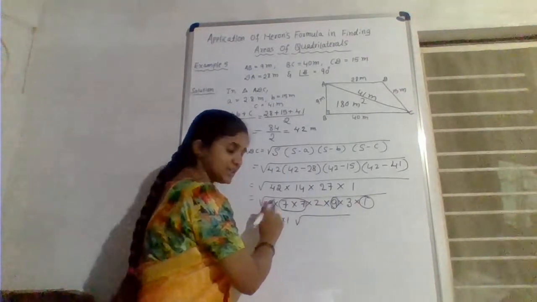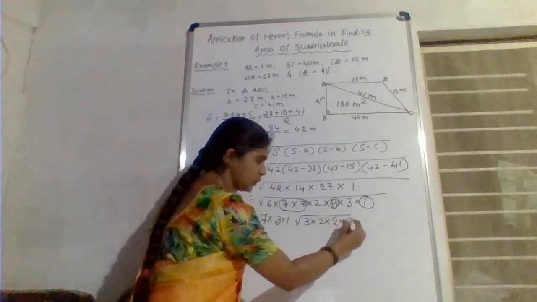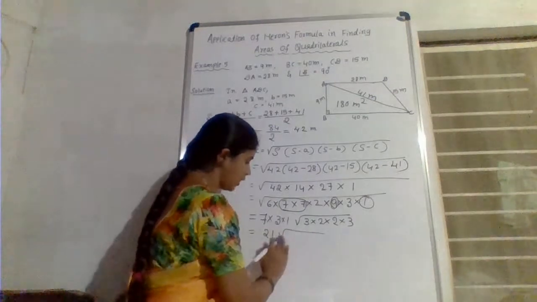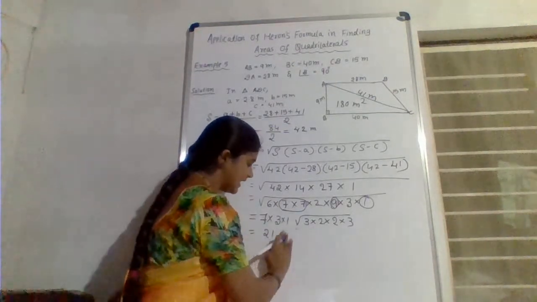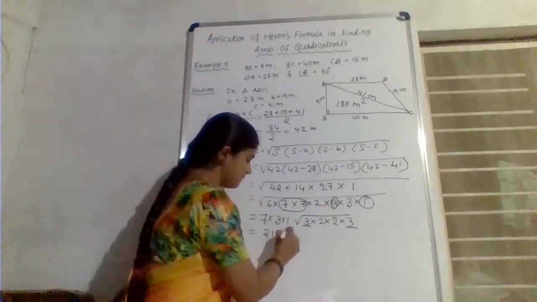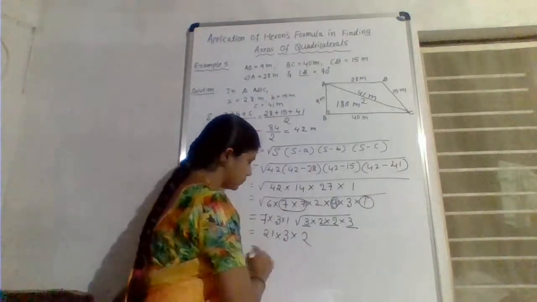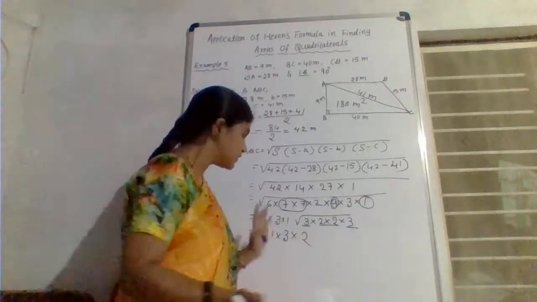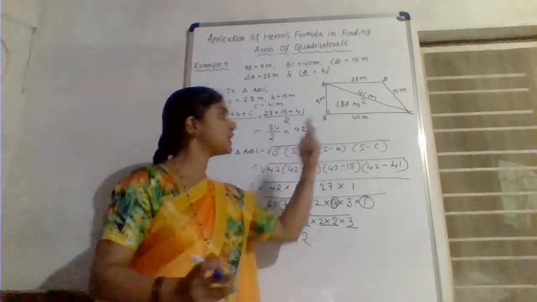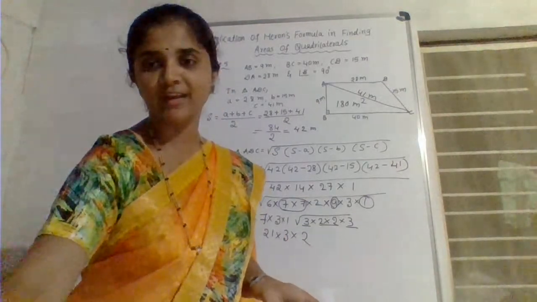Now you can think 6 you can write as 3 twos are 6, and again here 2 into 3. So now 7 threes are 21. Here square root of, no need to write square root again. Let us remove this outside. Okay, 3 and 3 square, so then 3 comes out. 2 twos are 4, then square root of 4 is 2. So root sign vanished. Okay, so now you have to find out the product of this, that gives the area of triangle ADC. Now tell me what is the product of that one.